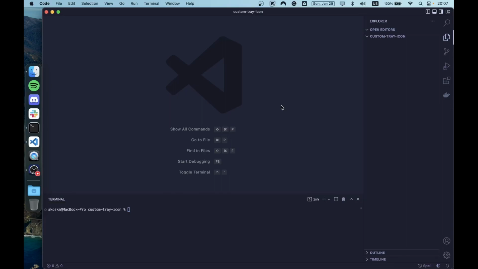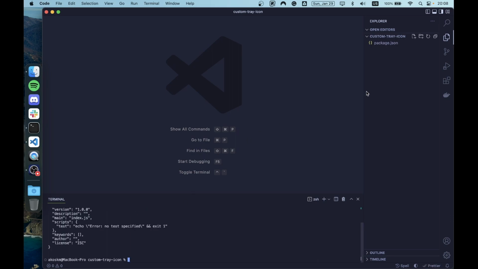Hi everyone, in this video we are going to see how we can create a custom system tray icon for our Electron application. So here I already created a new folder for this project called custom tray icon. The next thing I'm going to do is initialize a new npm project, and when that's done I'm going to install one of the dependencies we are going to use, that's Electron,